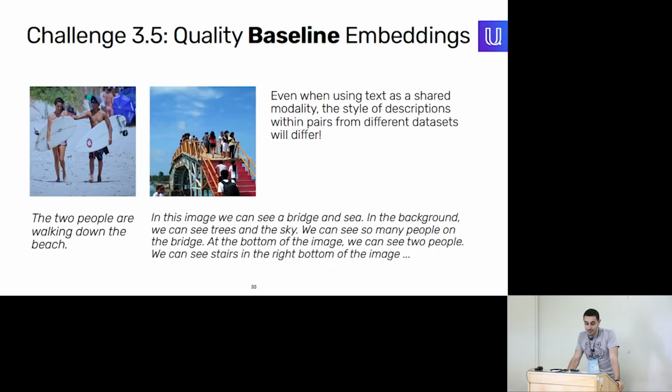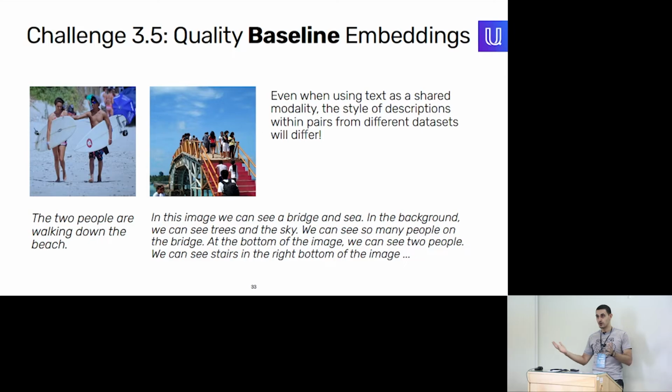So the third and a half challenge, I guess. This is not entirely different from the previous issue. If you were not sleeping, it was quality embeddings. This one is quality baseline embeddings. So if we're freezing all kinds of modalities to add them into the broader multimodal network, we must at least make sure that the original modalities on which we are trained produce a good enough space. And when I say good enough space, there's an issue not just of the final points, but also of the training data set that was used to produce it.